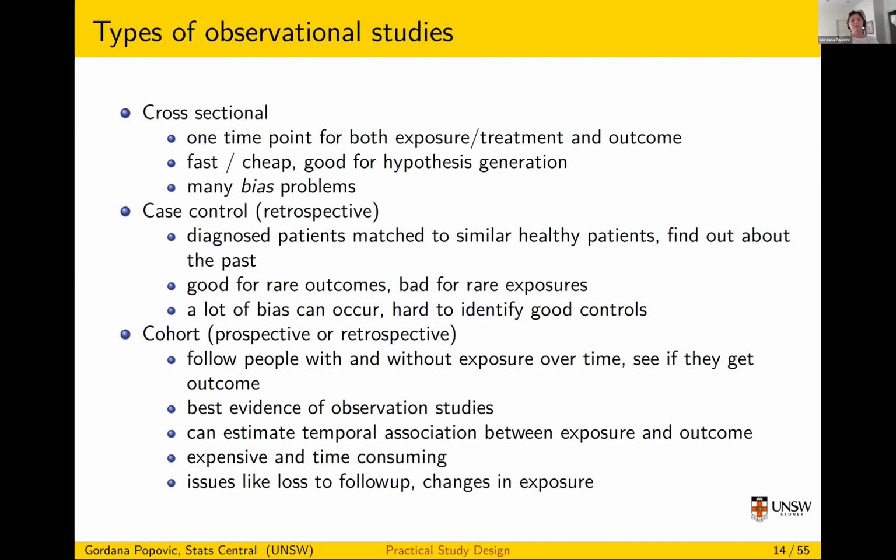So this is cross-sectional. And it's the fastest, sort of cheapest way to do an observational study, but it has many bias problems. You don't know, for example, which came first, the ill health or the smoking. What else is going on with these people? Why are they smoking? There's many other reasons. There's many confounding variables. People in certain demographic groups smoke more than others, and so those are confounding variables in this study. So it's very hard to pick that up, but you can get associations that you can then use later on to generate hypotheses and do a trial or a better study.